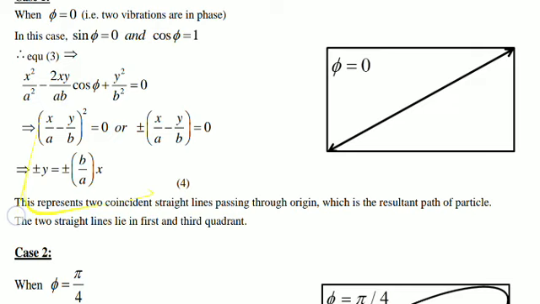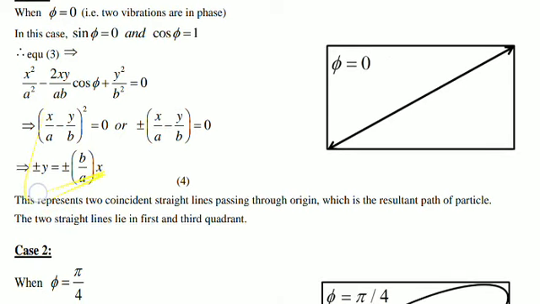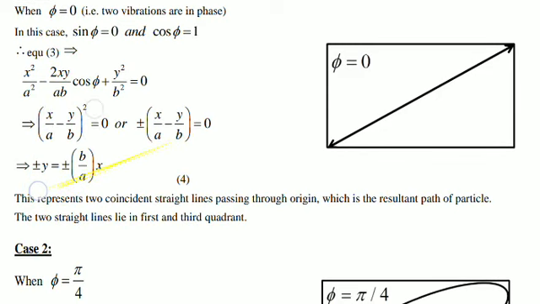So if it is 1, then (x by a) whole square minus twice xy divided by ab plus (y by b) whole square. If you rewrite this, we get (x by a minus y by b) whole square, and that is equal to 0. Now if the whole square is equal to 0, it means plus minus of this quantity will be equal to 0. Why have I written plus minus? Because this is a quadratic equation, and it will have two solutions, one plus and another minus. So in order to find that, we have written plus minus here.